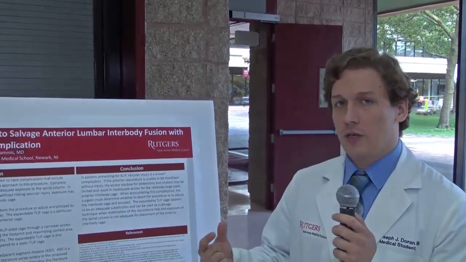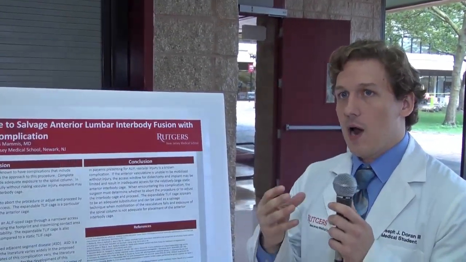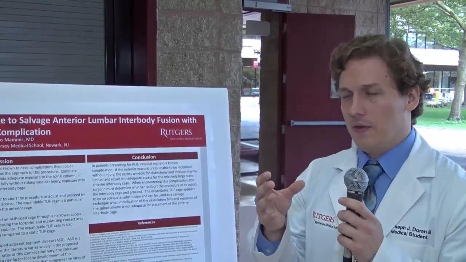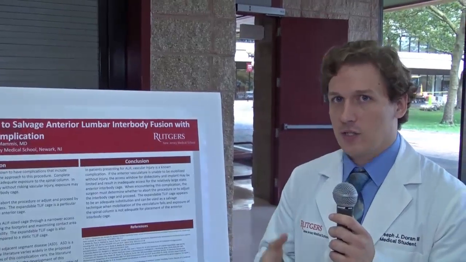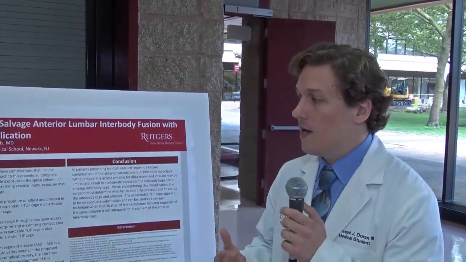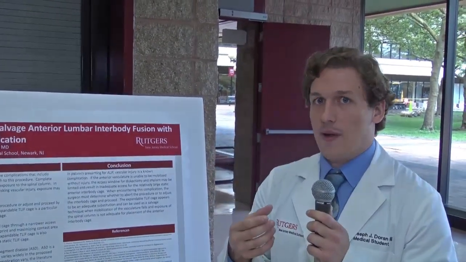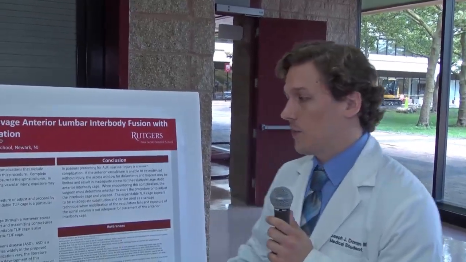In this procedure, the goal is to fuse the vertebrae above and below a disc that has a problem where there's mobility loss, there's sliding, so there's lots of risk for paralysis or other complications like chronic pain. And the goal is to stabilize the two vertebrae by fusing into one solid one. In this procedure, they accomplish that by using a cage that they insert between the two vertebrae, and bone grows